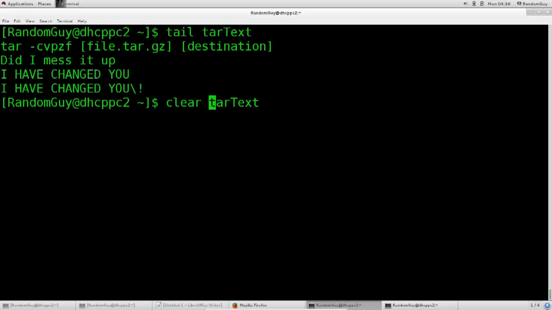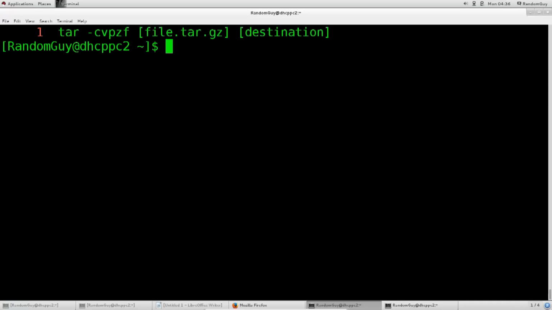So just type in clear and cat -n tar text grep. We'll grep 1. And there we go. We indeed have only that part from the file. What I've just written, this command, you should know what it does and what it means by this point in time. I have explained it in great detail in the previous tutorials.